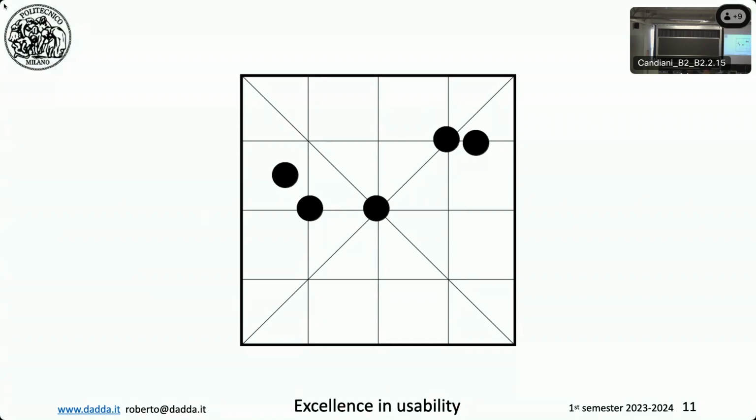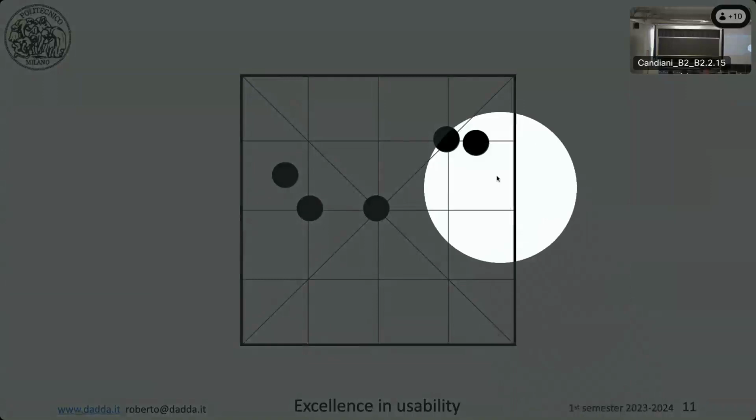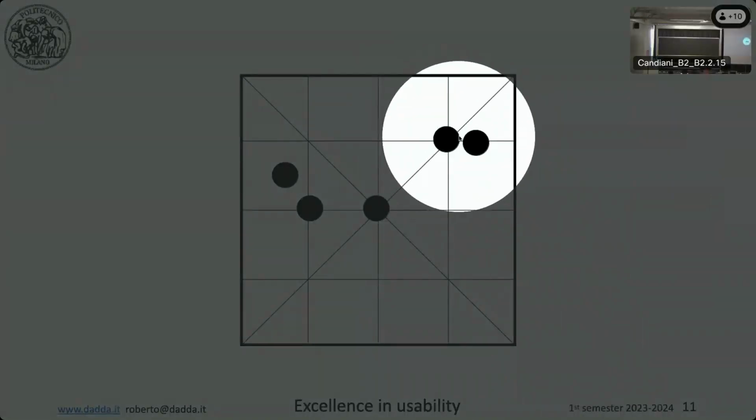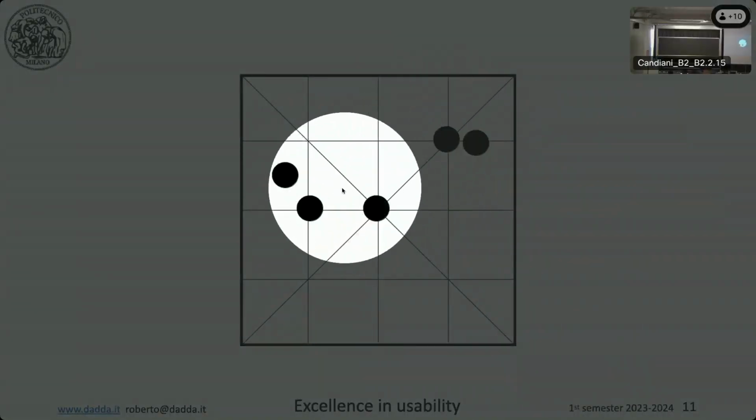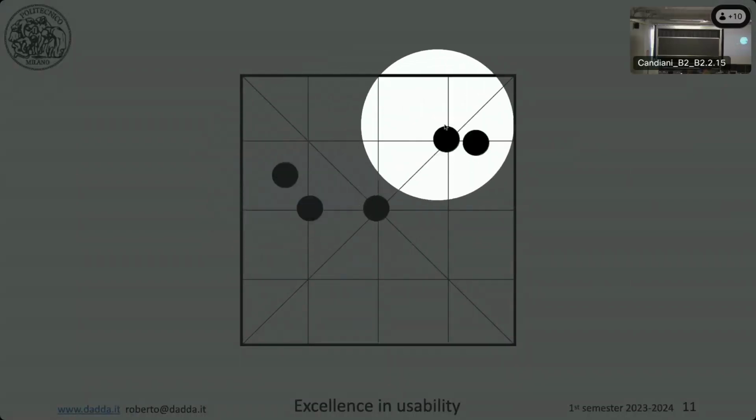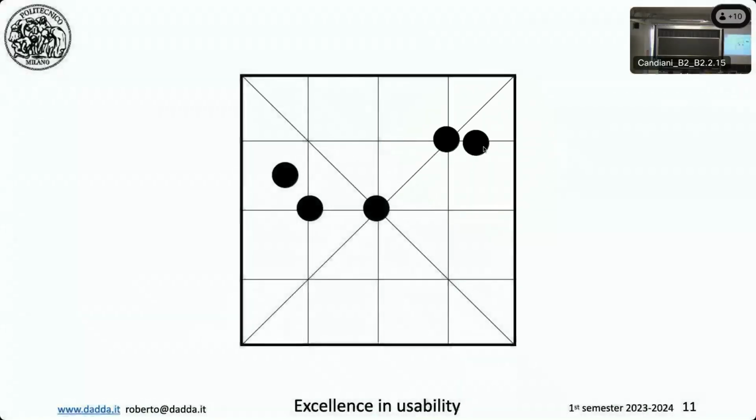One of the rules is: something is in the center, something is in the diagonal position, and something is not. For these two, you cannot find an equilibrium. They are like that. So when you design or judge a page, try to look at it and say what the brain of my customer will do and how it will react in front of